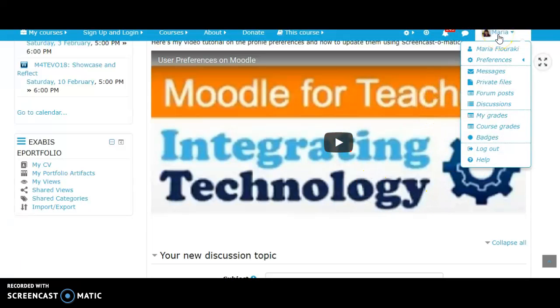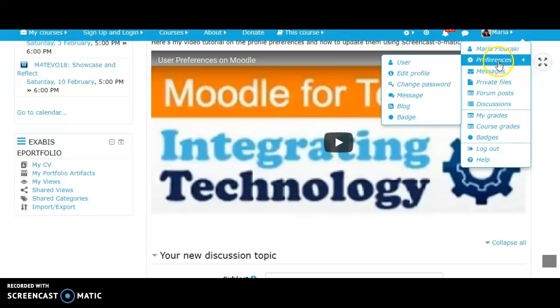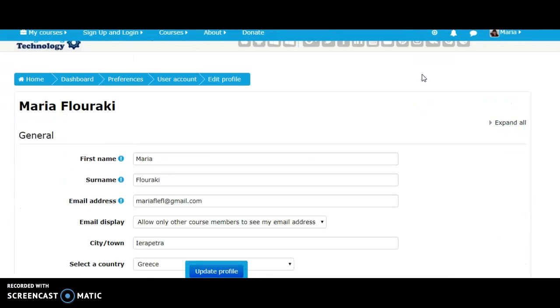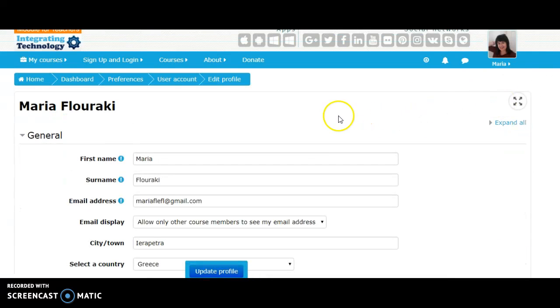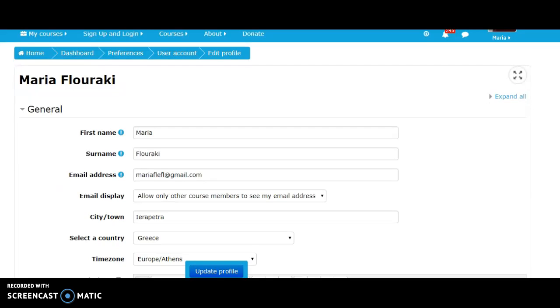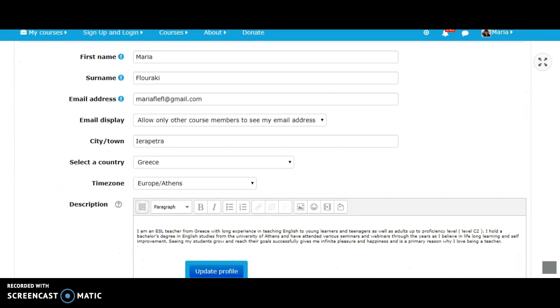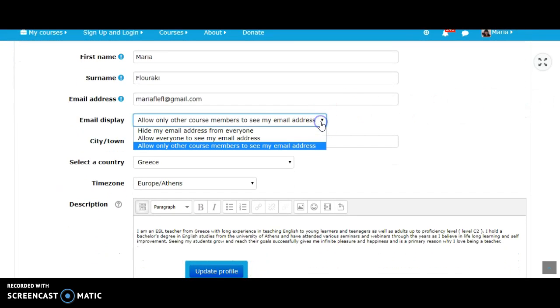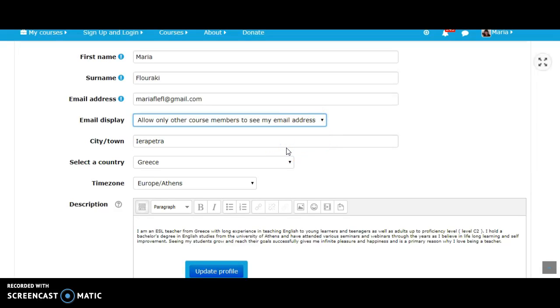I went under my name and clicked on Preferences, then Edit Profile. And then I filled in the blanks with the missing information: name, surname, email address. I chose from the options I had here to show the other course members, to allow them to see my